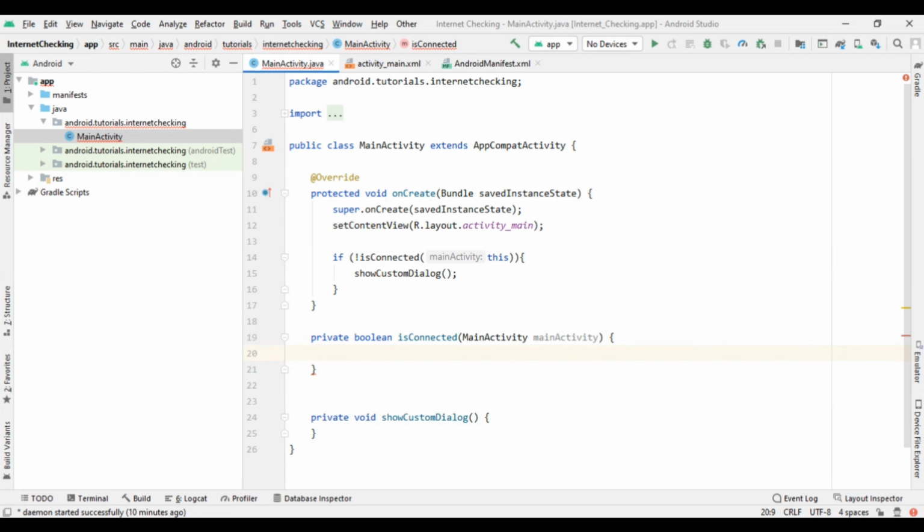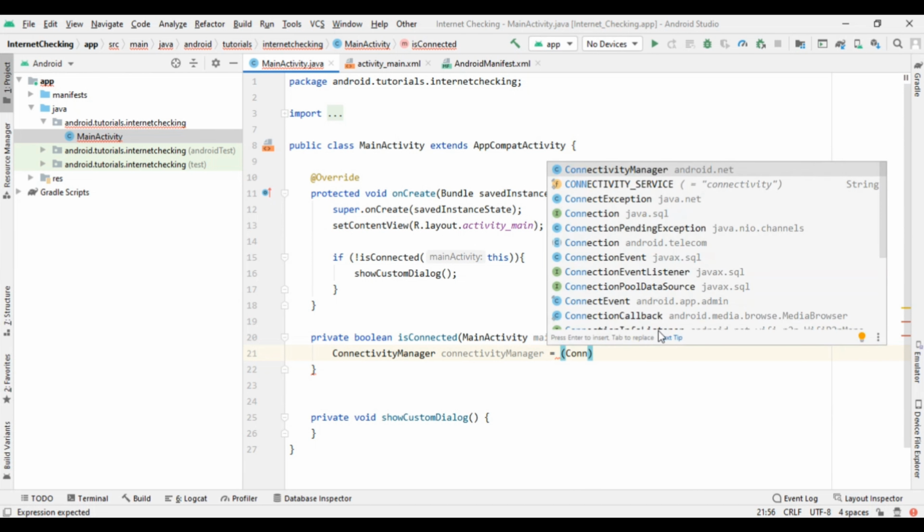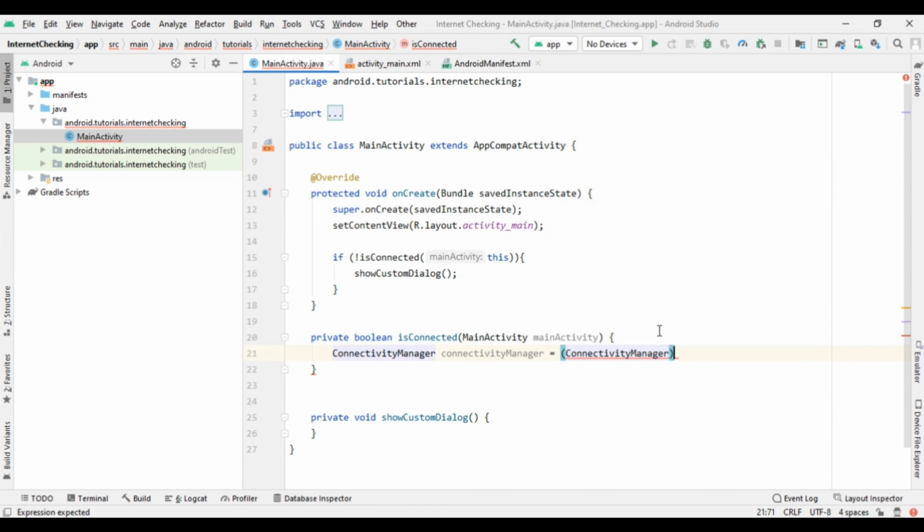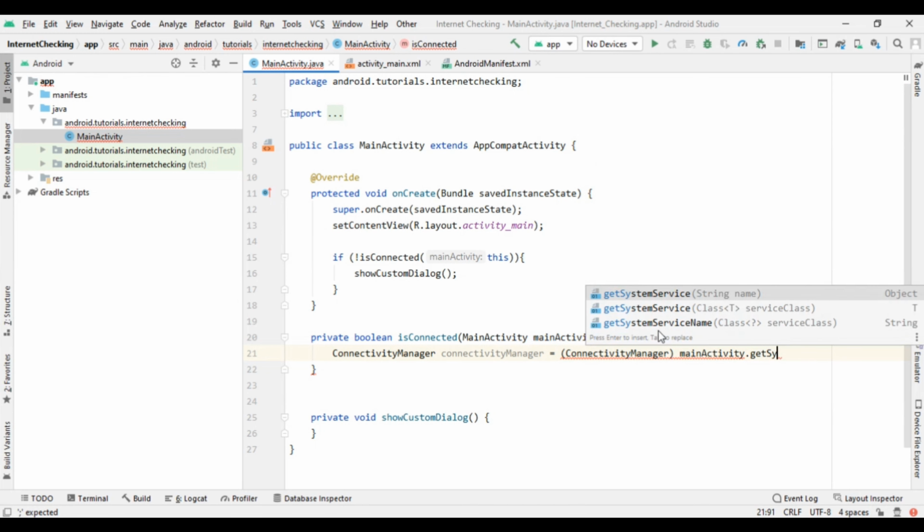So I am going to write ConnectivityManager, and then again write connectivityManager is equal to, then write a cast, ConnectivityManager, and then write MainActivity.this.getSystemService, and then pass the string name as CONNECTIVITY_SERVICE, as we need the connectivity service only.